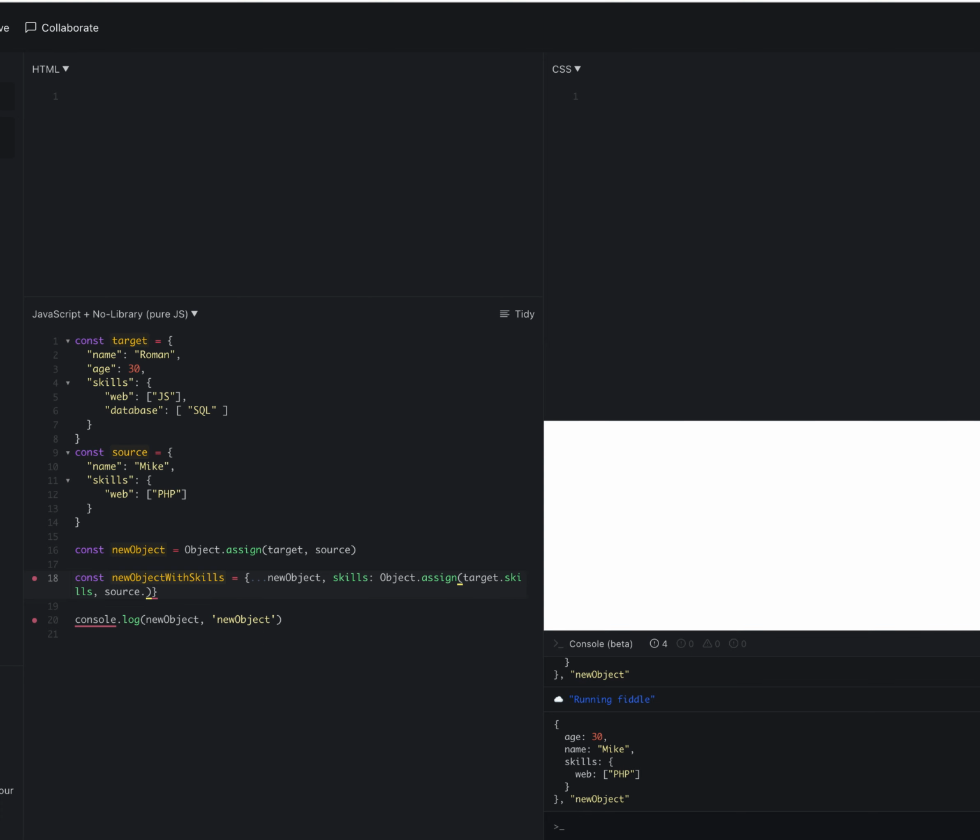Okay, skills, and let's also show the result here. Okay, and just run this script, and as a result you can see no difference, actually the same result. Why? Because